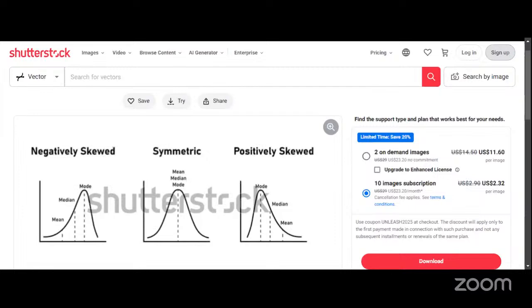So if we were to calculate the measures of central tendency for such a data set, we would have a perfect symmetric shape like this. It means the mean, the median, and the mode would most likely be close to each other, like this. So that's something to take note of.